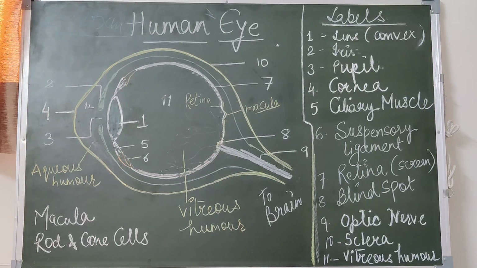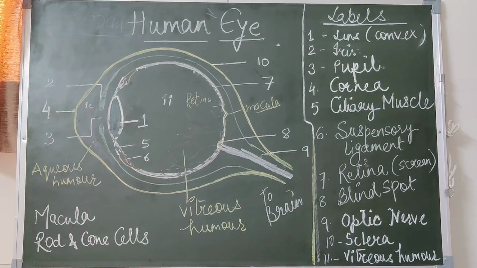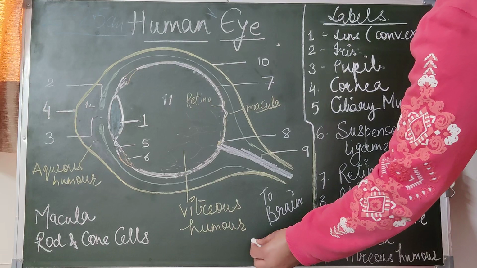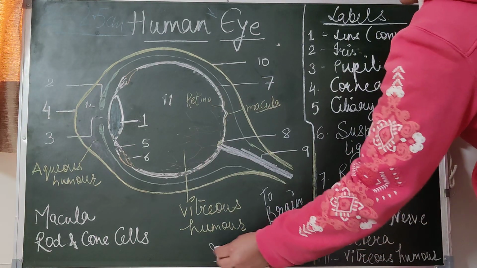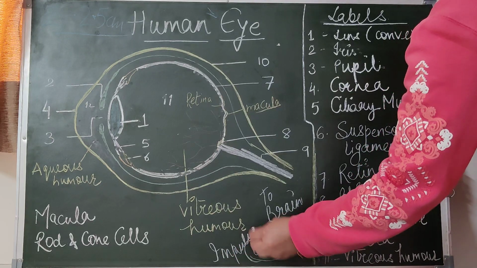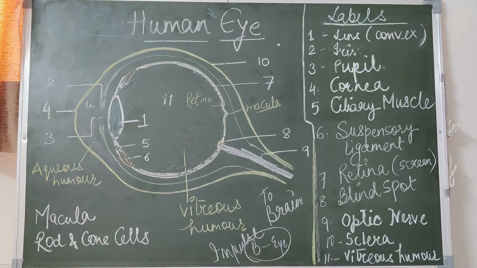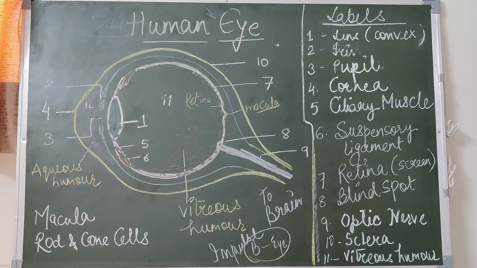स्क्लेरा इज द वाइट पार्ट ऑफ द आई. इसमें वाइट वाटरी फ्लूइड भरा होता है. कॉर्निया ट्रांसपेरेंट है. रेटिना एक स्क्रीन की तरह काम करती है. रेटिना हैज गॉट रॉड एंड कोन सेल्स. और ऑप्टिक नर्व क्या करेगी? It carries all the electrical impulses from eye to the brain, brain to eye. तो ये इम्पल्स के फॉर्म में कैरी करता है. ये आपको आपके नर्वस सिस्टम में करवाया गया है. This completes the structure of the human eye, and I hope